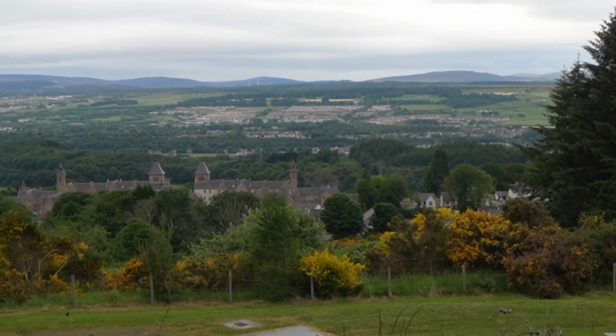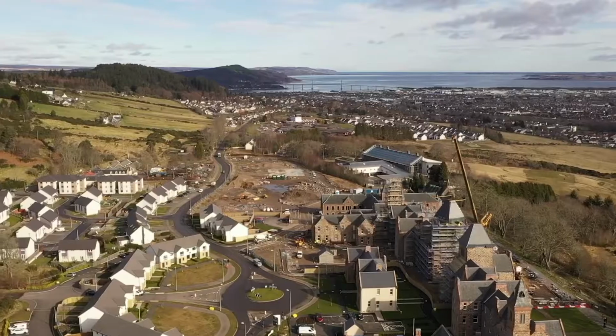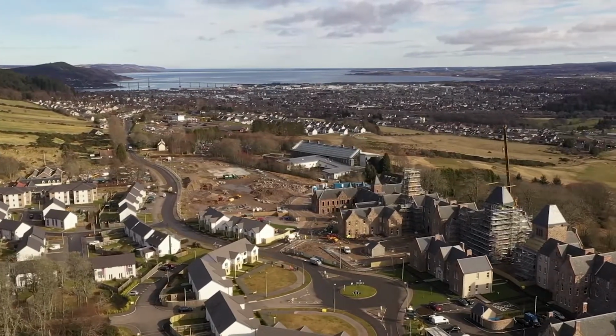And obviously going up walks on the Great Glen Way, you can look down over the hill and it's absolutely stunning, you know. So when they started building, it became quite clear that these flats were just going to be absolutely to die for. They're designed for easy living, and that's what I like about Robertson Homes, because you go